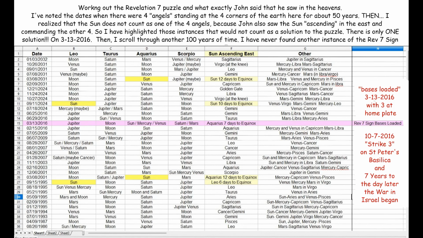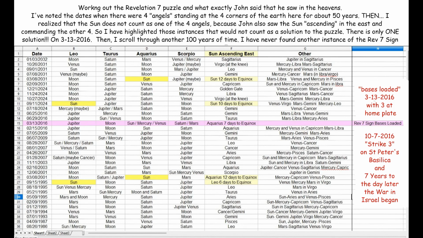So this is what the spreadsheet looks like. This is no doubt small print to try and really see here. I've uploaded this JPEG to my new web space, and you can download and enlarge it if you like. I wanted to find out how rare of an event is it really that John states that he saw in the heavens at the start of Revelation chapter 7.